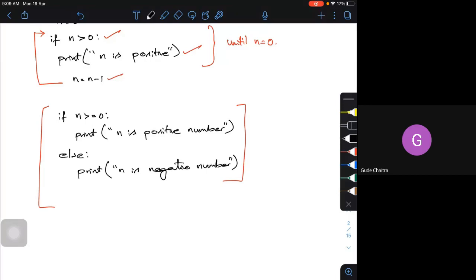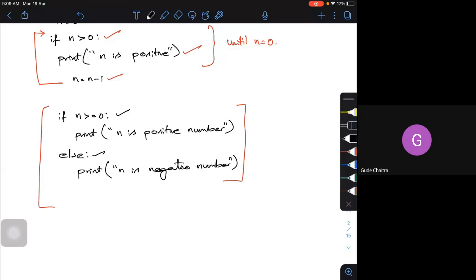The moment I input a value of n greater than 0, the output will be n is a positive number. The moment I input a value of n less than 0, it will give n is a negative number. What it is checking is whether this is true. If it is false, it tells that it's a negative number. So this is the condition I am trying to check, either true or false.